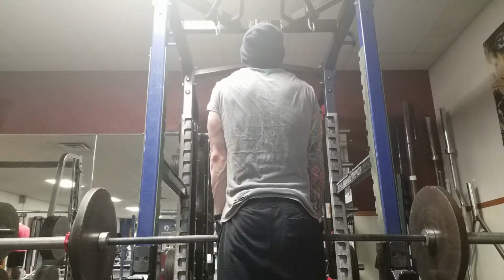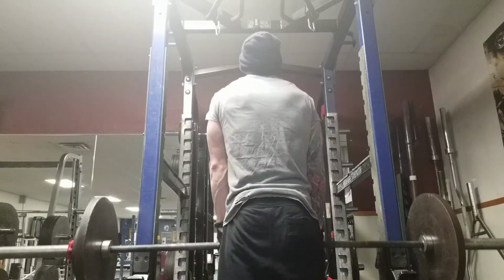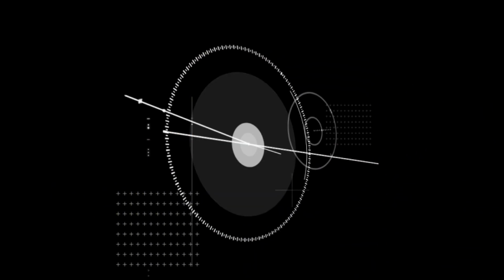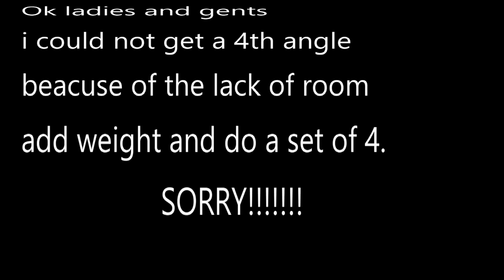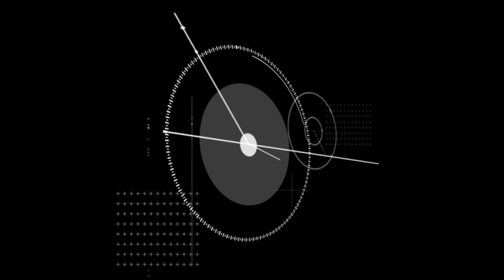as I did there. You'll notice I'll switch that up too. Sometimes I'll do a couple reps to get the blood flowing, and then I'll just hold. It gives you a real good pump, and it tears those muscles so they can grow. Okay, I couldn't get a fourth angle on this because I was so close to the wall, so you just do your set now, add your weight, do your set of 4,